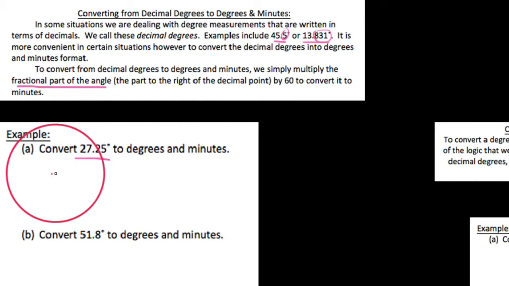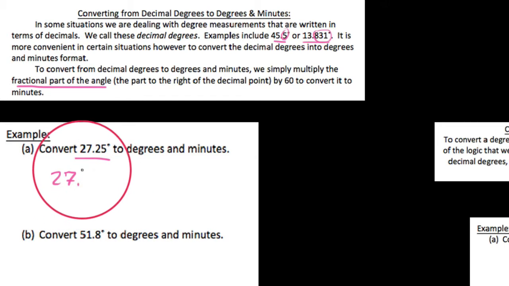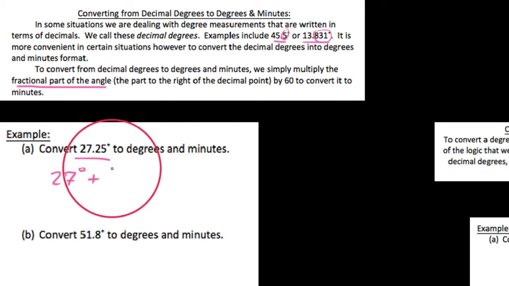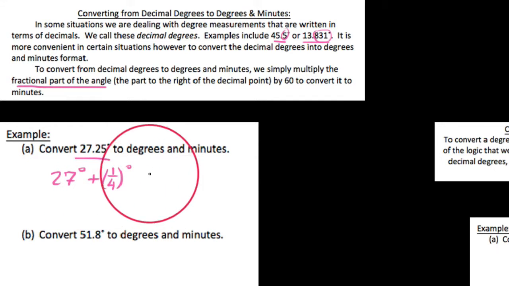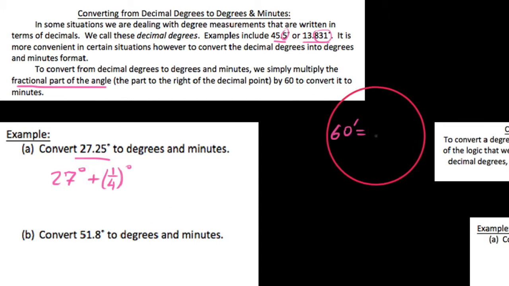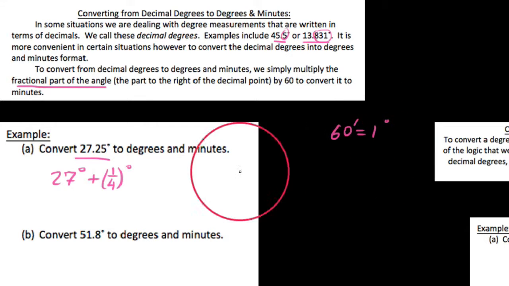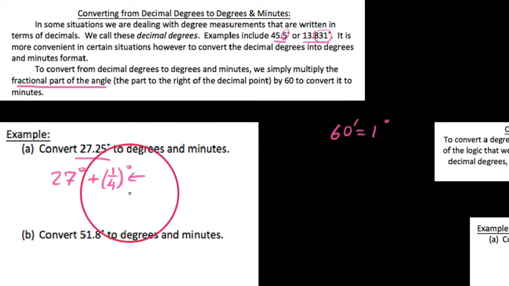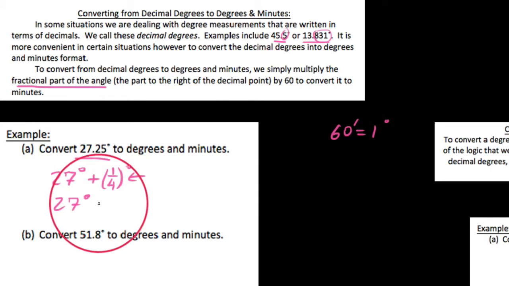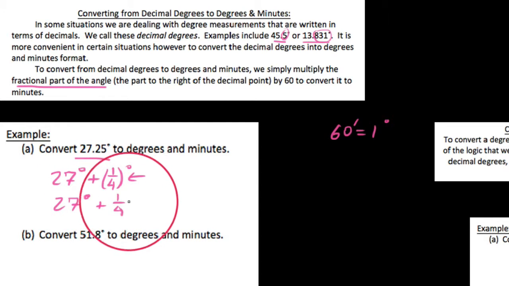We're going to take it times 60 to convert it to minutes. And really, why this makes sense is because we have 27 degrees, essentially, plus a fourth of a degree. So a fourth of a degree. If I were to put it like in this argument here, you'd say, well, yeah, those are kind of the same thing. But maybe let's look at it the same way. I want this in degrees, minutes, seconds, and what I know is this, 60 minutes is equal to 1 full degree. So if I wanted to change this part right here to minutes, what I'd have to know is this. I'd have to say, well, 27 degrees, but plus a fourth of a degree,